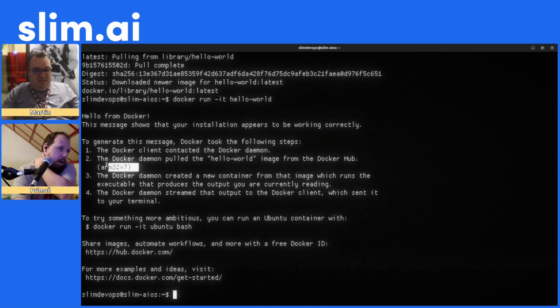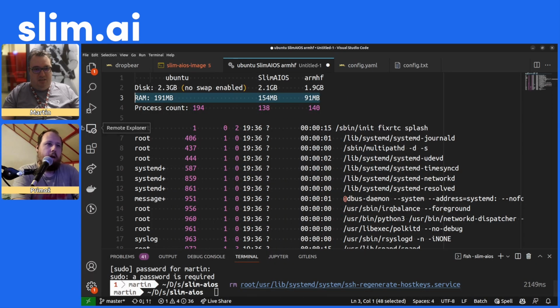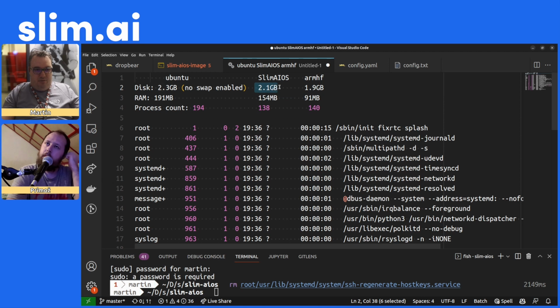Look at that. And what I was just demonstrating is what a difference using 32-bit ARM over 64-bit ARM can make. So this is the official Ubuntu metrics. It's a 2.3 gigabyte file system. Our equivalent, and this is 64-bit ARM, was 2.1. But switching to 32-bit ARM, we brought that down to 1.9. But this is where the big savings come in. We've shaved about 40 meg off the running